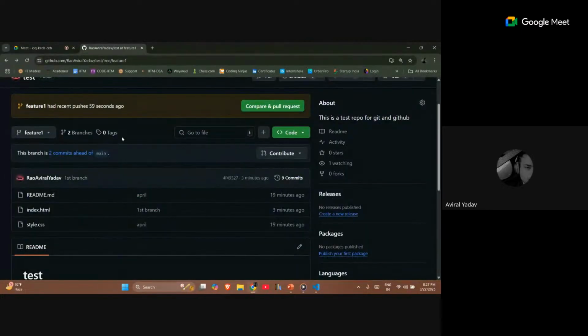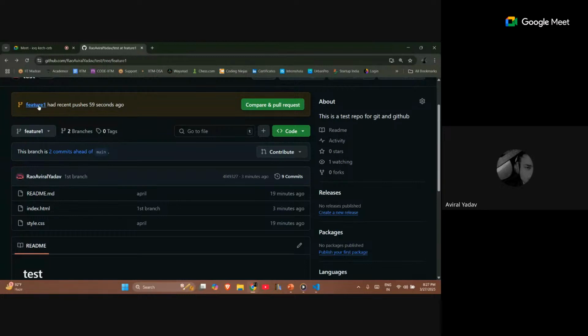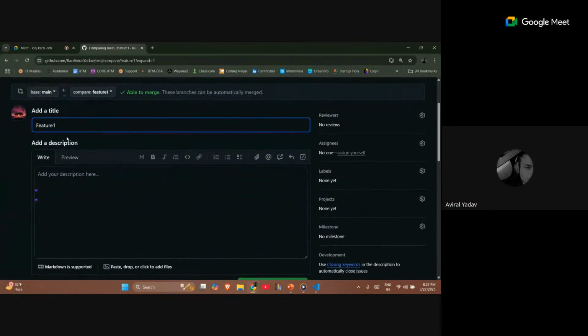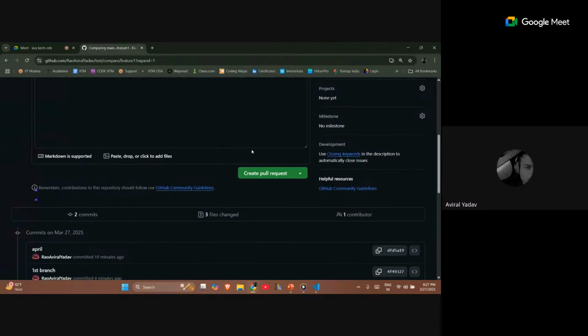As you can see, as I have created the new feature, it automatically came to me as a compare and pull request. As I click on this, it will show that it's able to merge. Merging means all these branches come together to form the newer bark, or it comes to the original bark and adds all the features that were available in different branches to the bark itself. I'll create pull request.